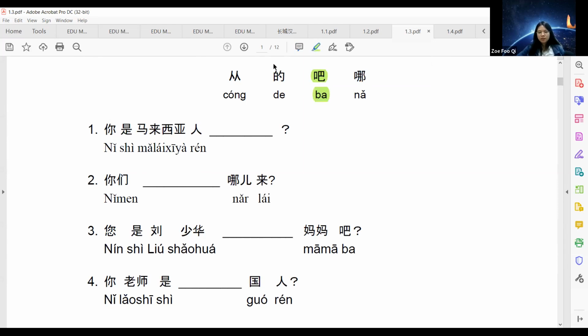So the second one should be 你们哪儿来 Okay, so this one if you still remember is where are you coming from? So we use 从 and 来 Yep, good. Okay, 你是刘少华妈妈吧